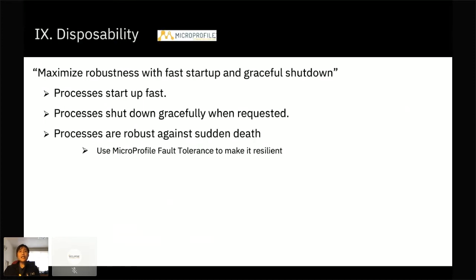So the next one is disposability. Basically, this needs to ensure your microservice can start up and shut down very fast. It's because every minute you live in the cloud costs money. So you should always start up and shut down very fast. And also you need to make sure your processes are robust, so they should be able to cope with any kind of unexpected situations. You should always think how you can improve your